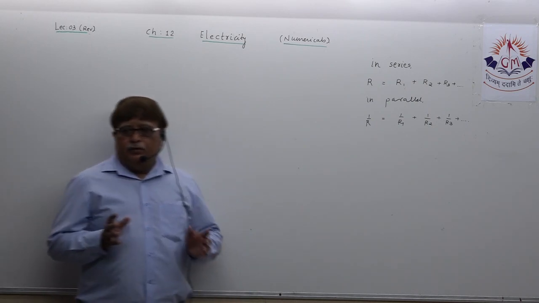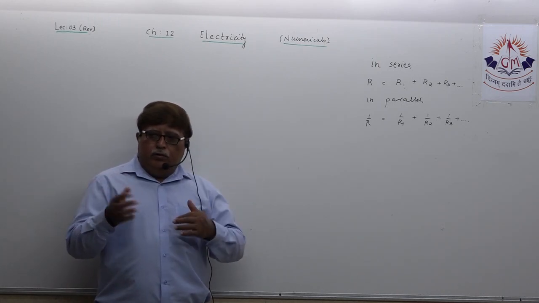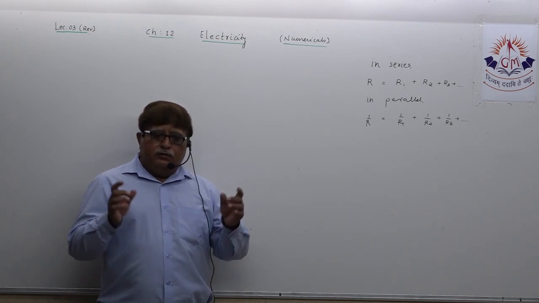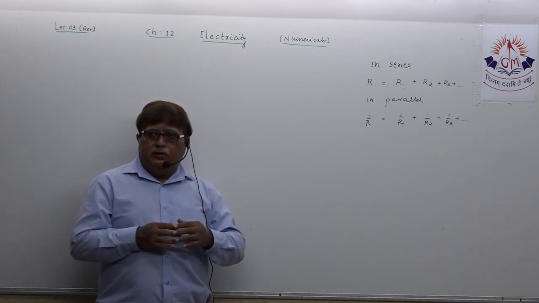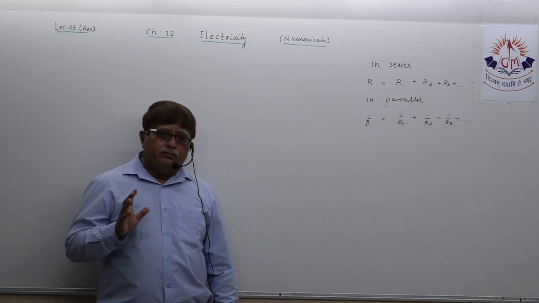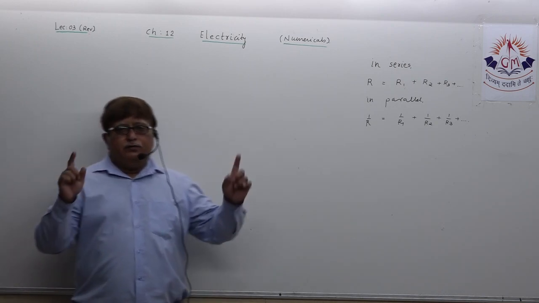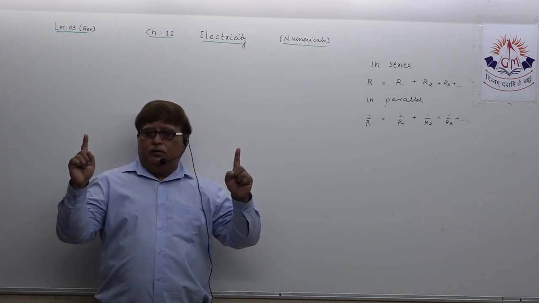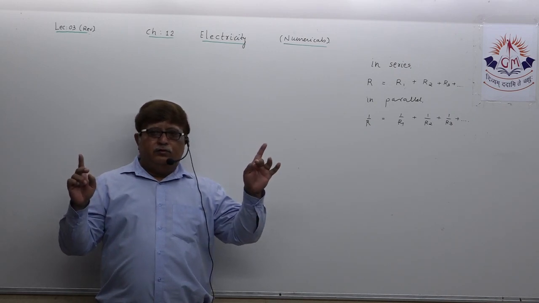Understand? That's very important. Once you remember these properties, in the board exam they don't ask you about series and parallel connection separately, but they ask you to differentiate between series and parallel connection. At that time you should not get confused at all. You should be able to answer four points. First I spoke about current: in series, current is equal; in parallel, current is different. Potential difference: in series, different; in parallel, equal.